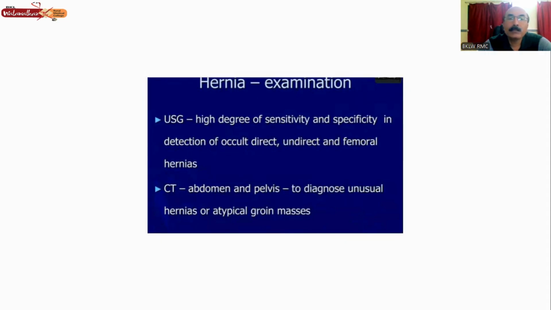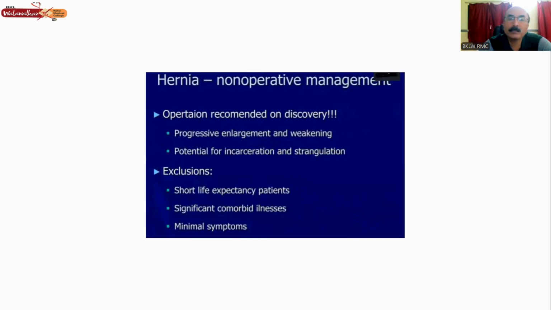Investigation wise, you can order a sonography of the abdomen, which has a high degree of sensitivity and specificity in detection of occult, direct, indirect, or femoral hernias. You can also advise a CT abdomen and pelvis to diagnose unusual hernias or atypical groin masses. Now, once it has been confirmed clinically as well as with the investigations, what will we do further to